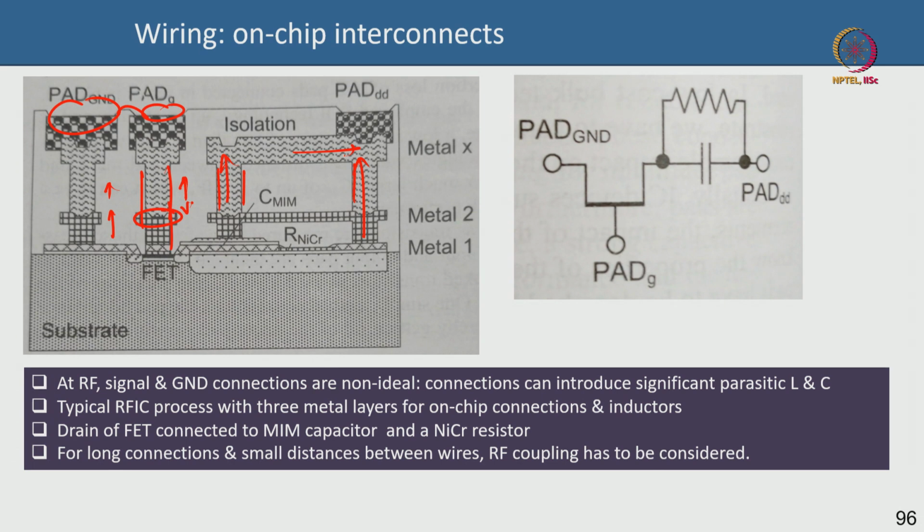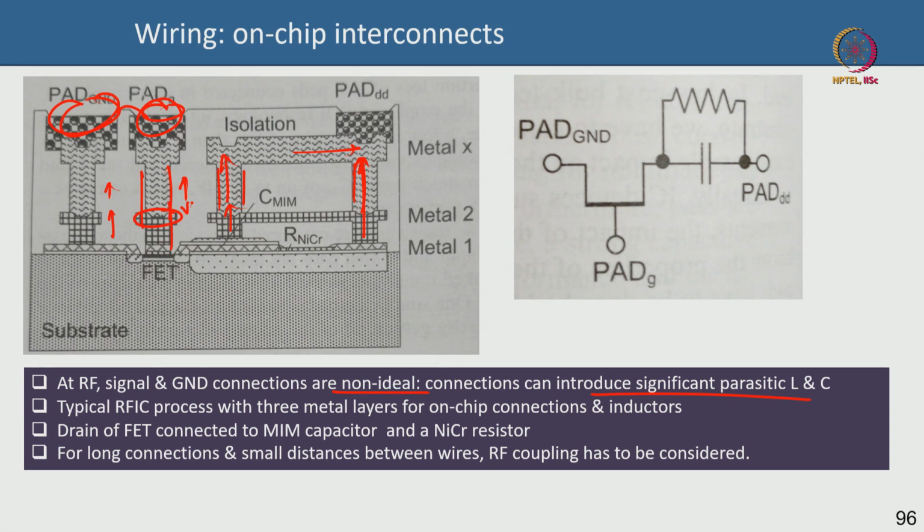Okay. You have to remember that all these ground pads, signal pads that we talk about, typically they are not ideal at RF frequencies, and so these interconnect lines can also introduce significant parasitic components. These interconnect lines that you are using to take the metal from one level to the other level, the top, routing the metal, etc., routing the signal with these different metal layers, you are prone to introducing additional parasitic components